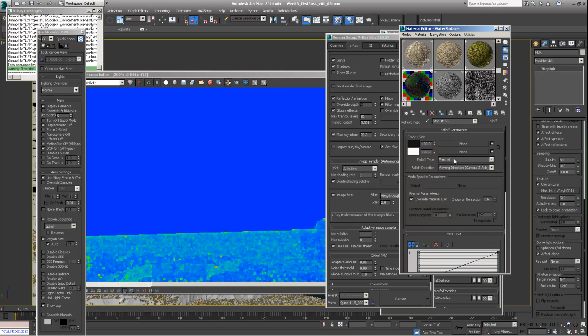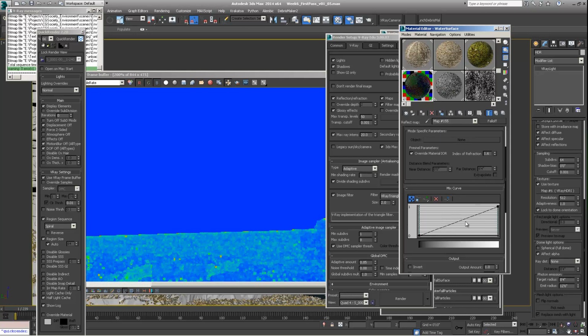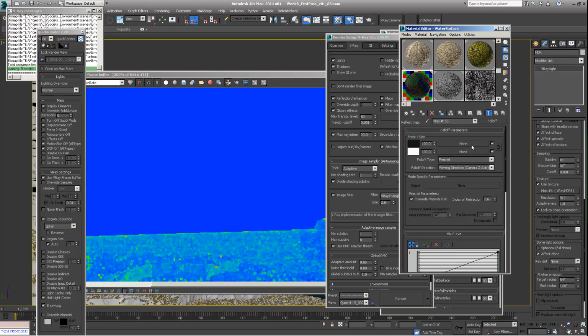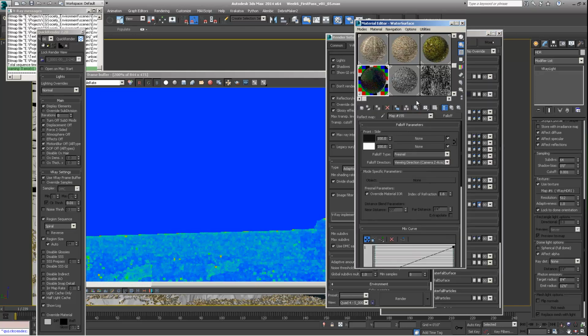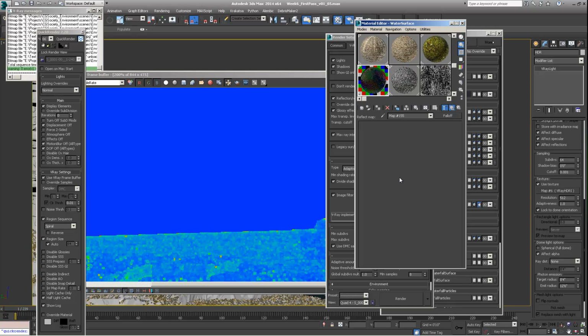So a Fresnel falloff type. I've also seen perpendicular parallel, and then a lot of tweaking in the curve for that. I think that Warwick has a video where he goes through, and he likes to use this perpendicular parallel. Well, I've only seen one of his videos, so I can't speak to what he likes to do all the time. But in that particular one, he's using that, and as I recall, it's a little rusty truck and stuff like that. And either one of these, especially if you're going to tweak this guy, you can get whatever look you're going for, is going to be way more applicable to metal than